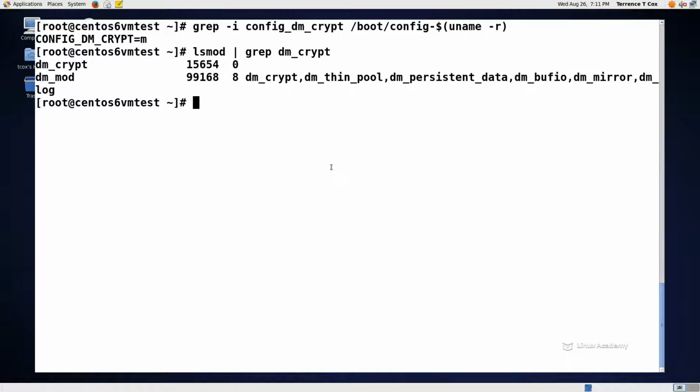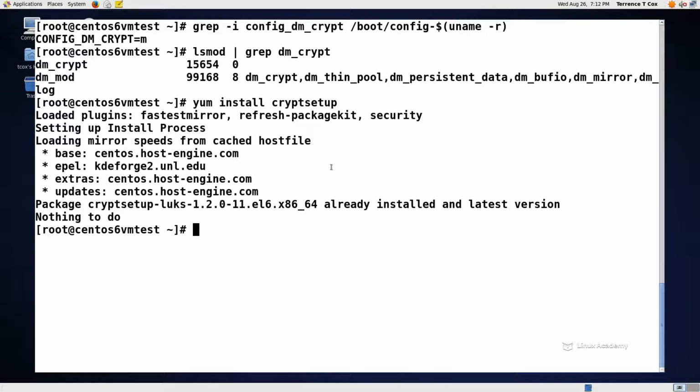Now we also need a utility in order to format and set up and use our partition, and we're going to use something called cryptsetup. It's a front-end interface that allows us to create, access, configure, and manage all those things for encrypted file systems using the dm-crypt kernel module. So let's go ahead and install that, and if you're using an Ubuntu system, you can use aptitude or apt-get. For CentOS, which is what we happen to be using, we're going to use yum. We're going to do a yum install on cryptsetup,